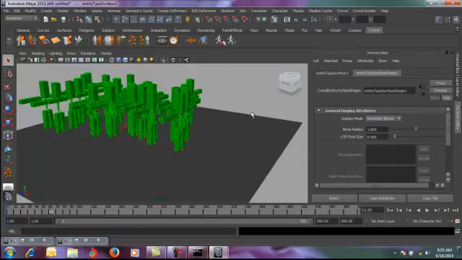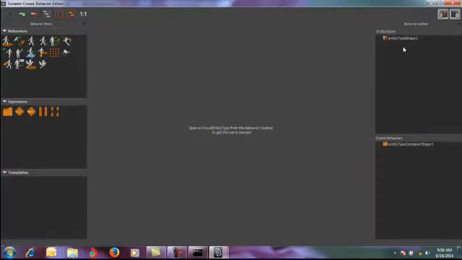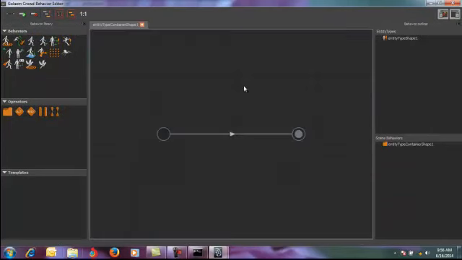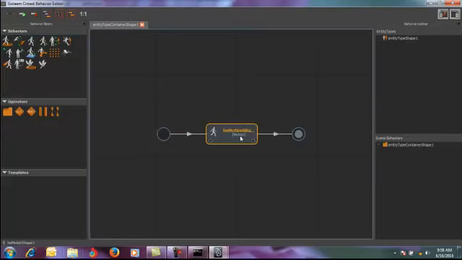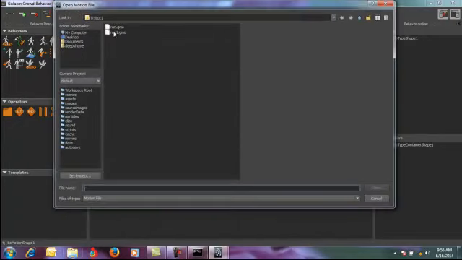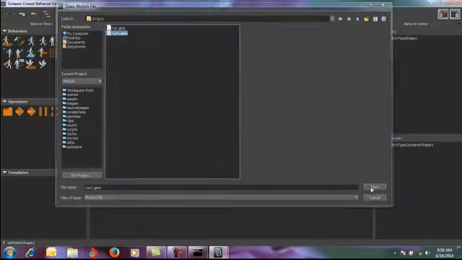Here, if you look, this is your behavior editor. Behavior editor allows you to add behavior to your crowd. So if you open the behavior editor, I've got here entity type shape 1, which is my crowd element. I'm going to double click here, which shows my behavior editor; right now it is empty. It doesn't have anything extra in it. So I'm just going to take this basic motion shape and double click on it, and it is going to ask me to load the GMO, the motion file which I had saved. So I'm going to add run1.gmo over here, open.